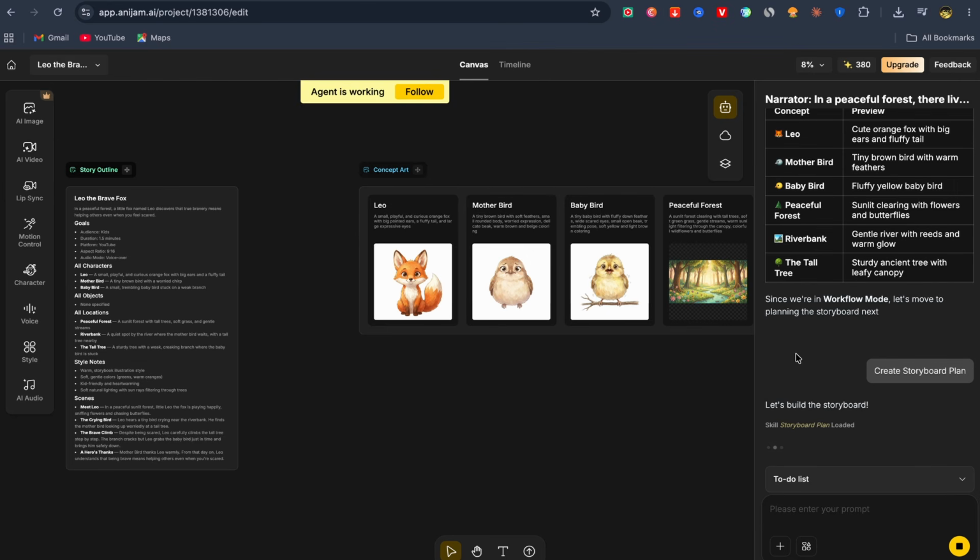Another thing that makes Anijam AI really powerful is how beginner friendly it is. Right now they are offering a freemium model, so anyone can start creating animated videos immediately without needing expensive software or a professional team. New users also, guys, get 500 free credits just for signing up, plus 100 free daily check-in credits to keep